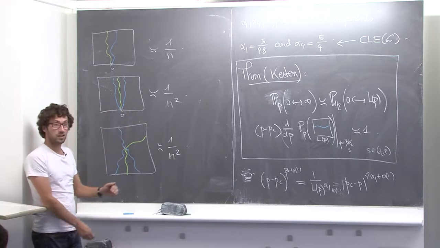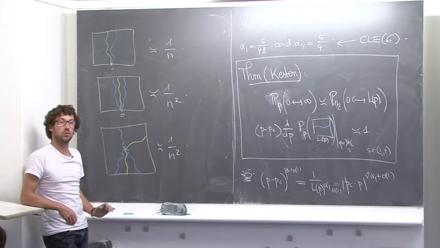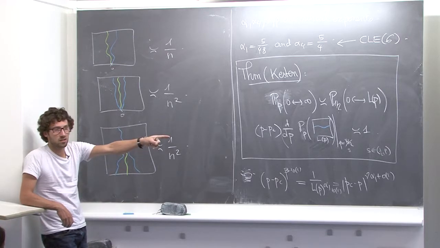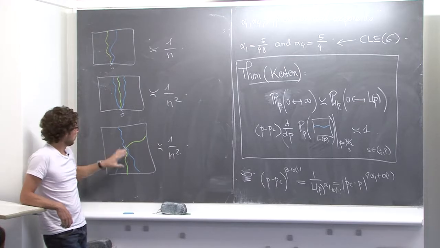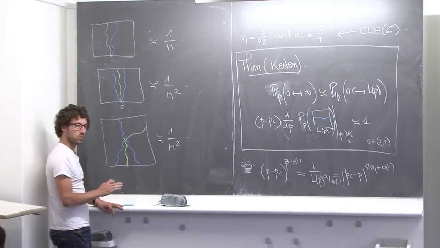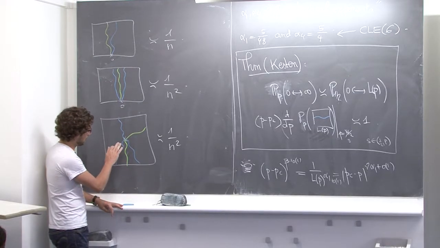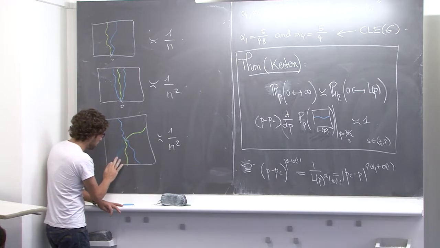And so these 3 exponents are called universal, and in particular, if you take other dependent models, they will also be equal to that. The 5 over 48 is going to change if you take other models, but these ones don't change. Notice here that 1 over n squared tells you something funny, because it tells you I need 5 arms here. Let's kill this one. Let's say now I want only 4.